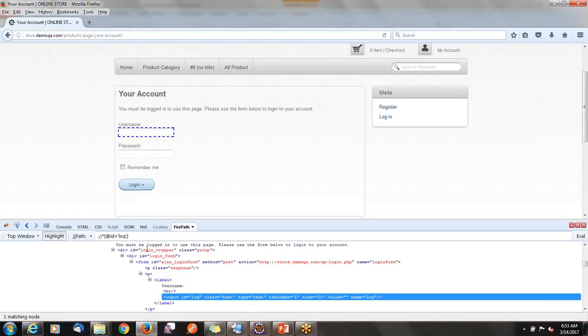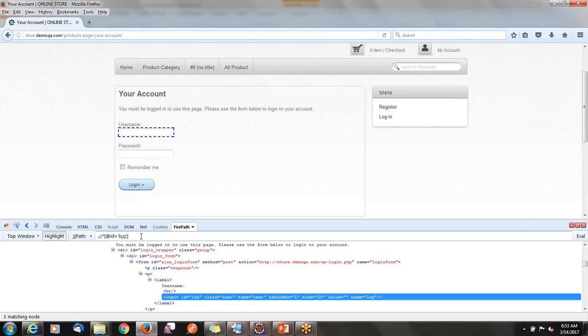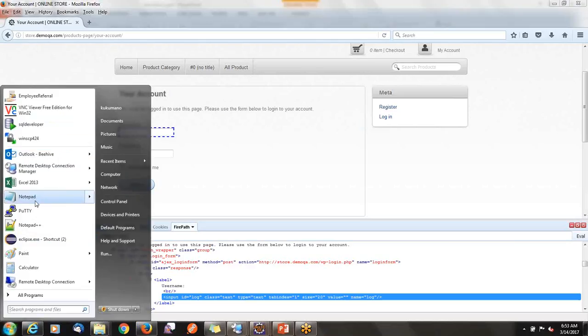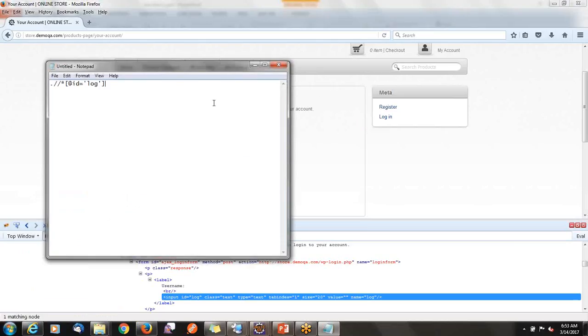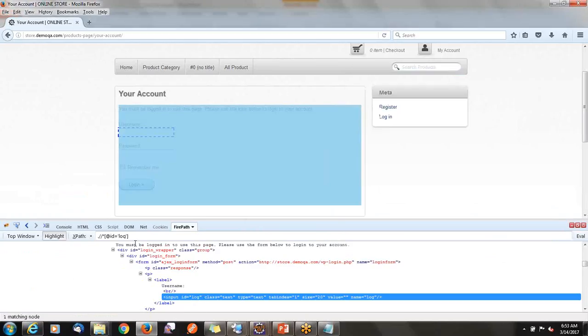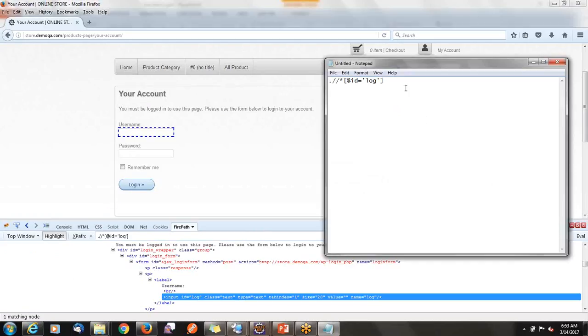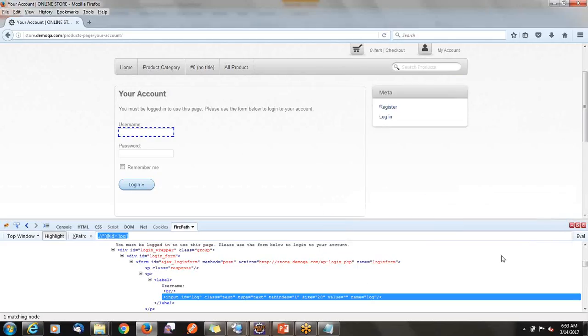Fine. So now if you click on this particular element, what you see here in XPath is what you are getting. We take a notepad and we write it there. If you click on this particular element for the username, this is what you are getting in your FirePath. So it's saying that if you identify your element with this particular locator, you would be able to find that. Fine. So now if I do eval,